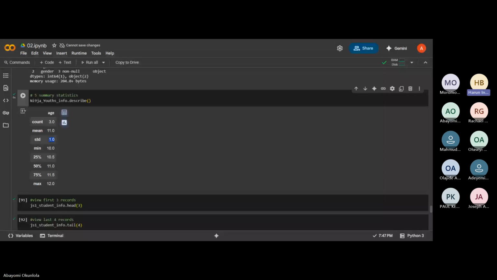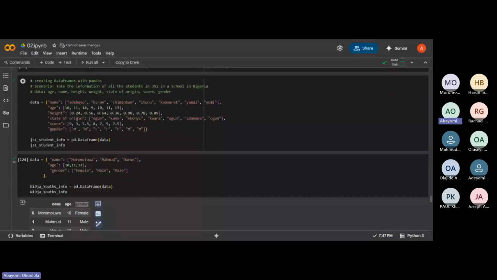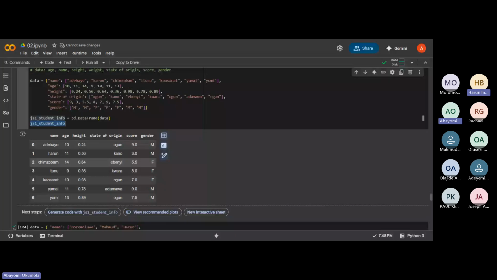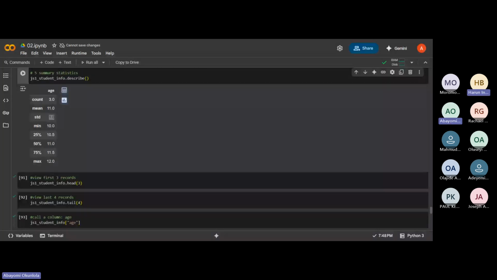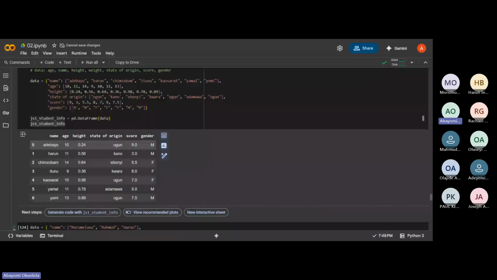Okay, they have about 3 columns here. Let me run this to memory, the earlier one with just the info. So let's play around with that now. Let's take a look at the summary here. You can see age, height, and score. Let me scroll up a little: name, age, height, state of origin, score, and gender. So you can see it has 3 numeric columns, and then